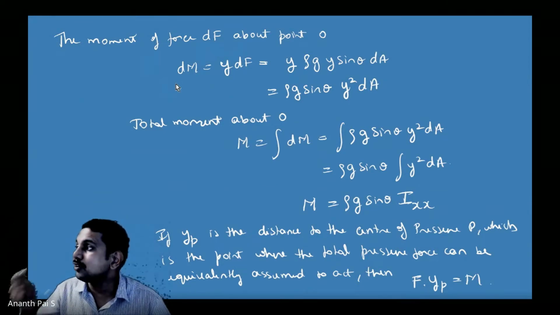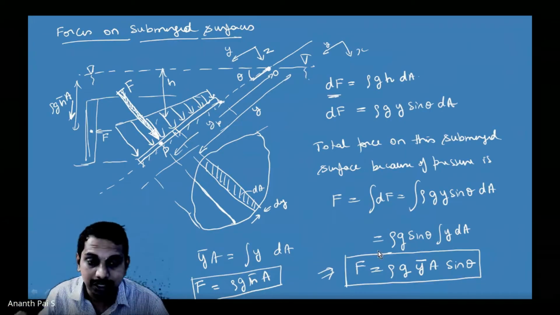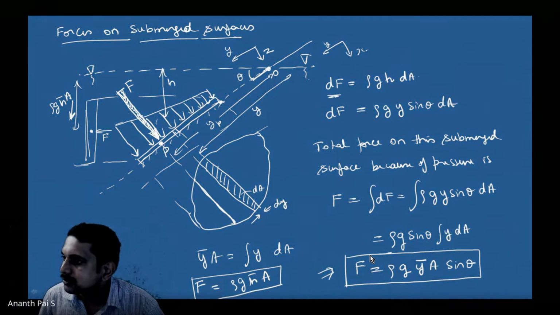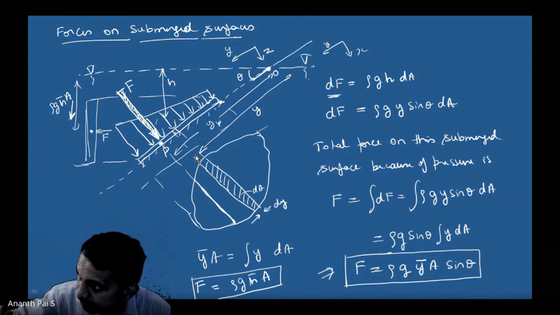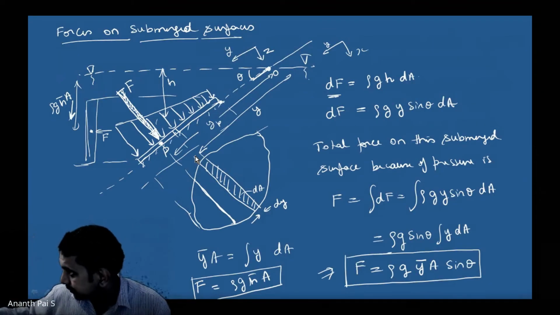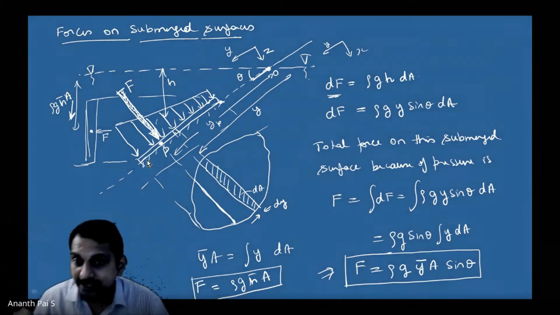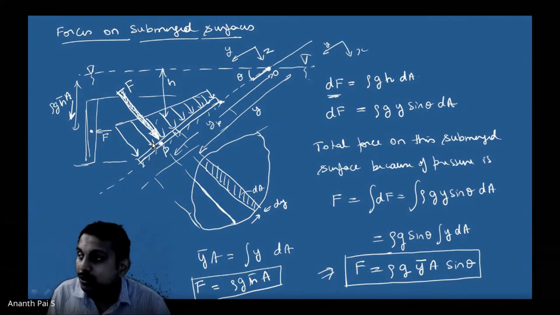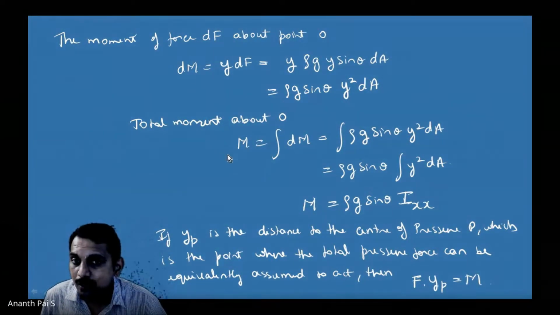This is to find out where the pressure is acting. Where is the total pressure, or the total force due to pressure, acting? See, total weight acts on the center of gravity, whereas the total force due to pressure is also called total pressure. Okay, total force due to pressure is also called total pressure. The total pressure acts on something called center of pressure, and that center of pressure, to find, we take